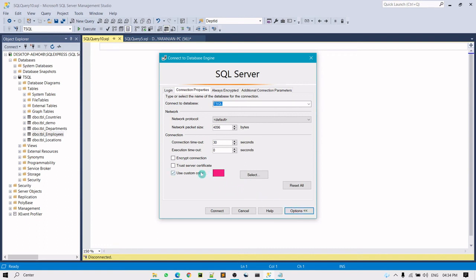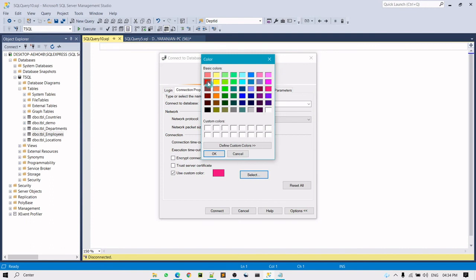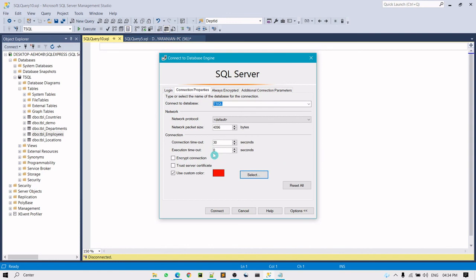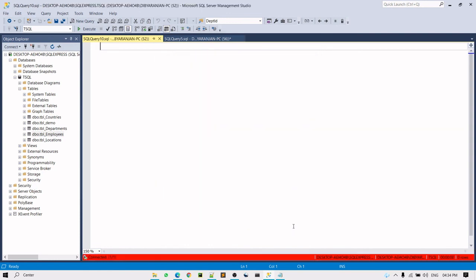Under the option tab you can see this custom color. You can select any color as per your liking, click OK and click on connect. As you can see, I have this little red color background coming in this window. In this way you can easily separate between your development or production environment.